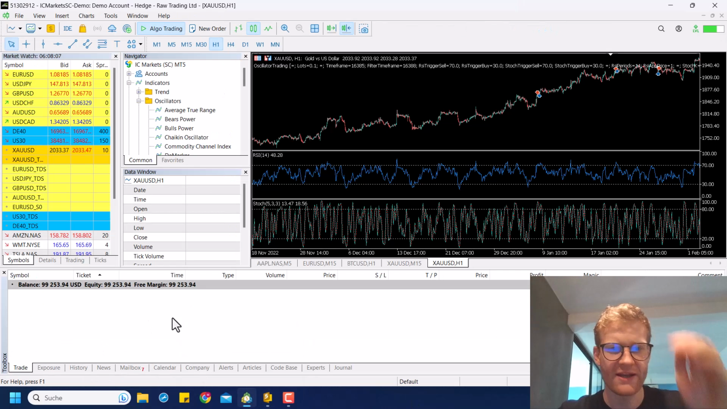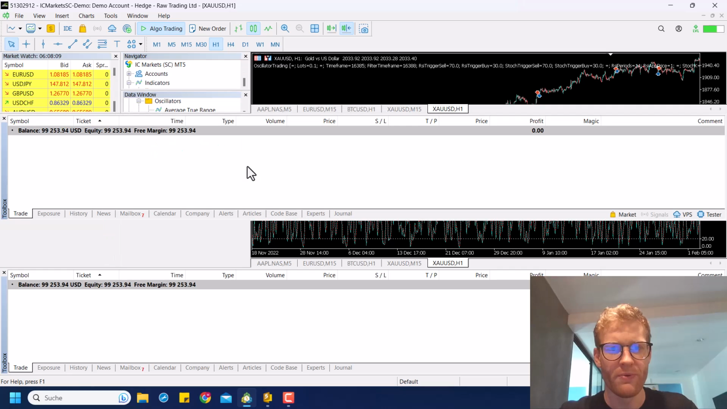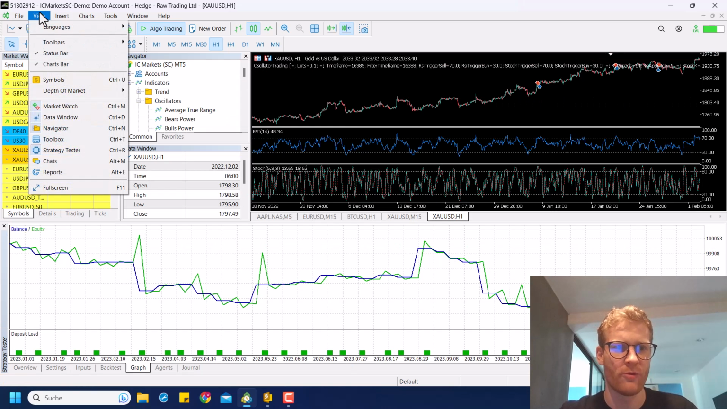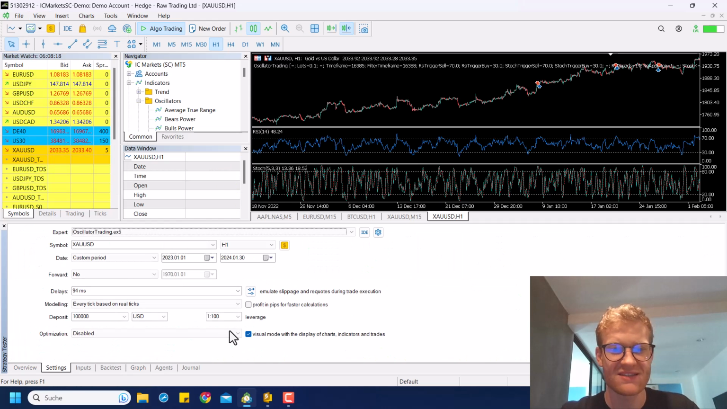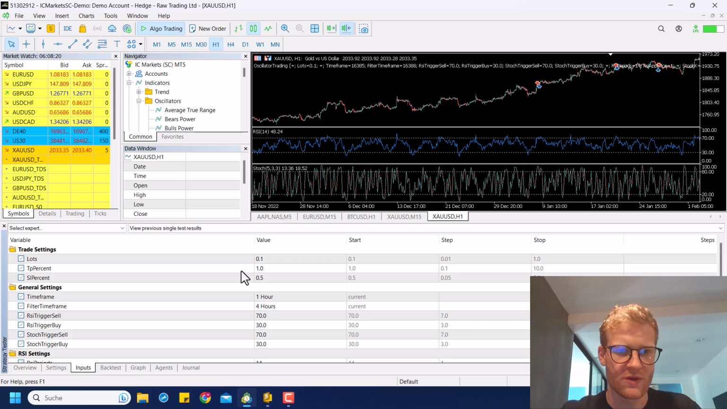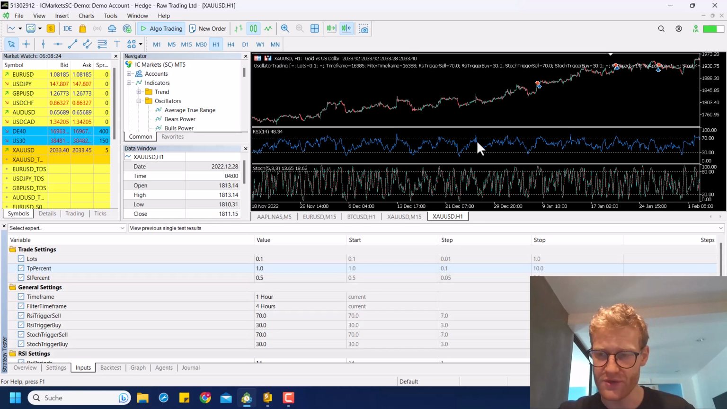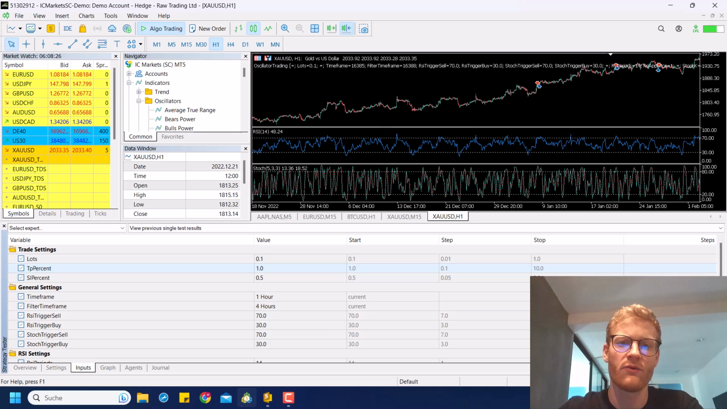And we can jump right to the MT5 again. Open the strategy tester by pressing Ctrl R on your keyboard or by going to View, Strategy Tester. And here again, we want to make a visualize test. And then in the inputs, we now see TP percent and stop loss percent are here. So if we start again, we should see that all of our positions now have a TP and a stop